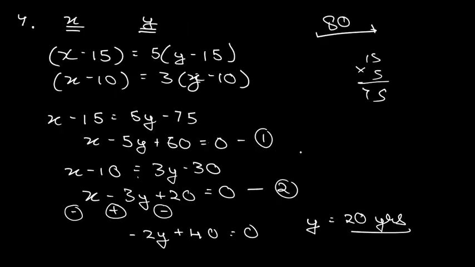Now moving to the last question of the day, question number 5. It is something like this: if the numerator and denominator of a fraction are both increased by 1. So first, when you are given something like this, let the actual numerator and denominator be x and y. Suppose this is increased by 1 and this is also increased by 1, which means x plus 1 by y plus 1 is equal to 3 by 5. We are given this particular thing.